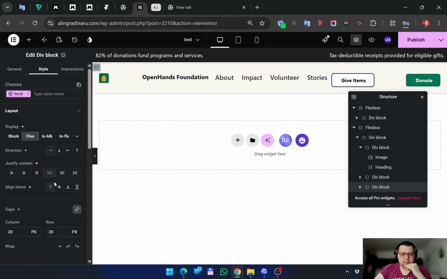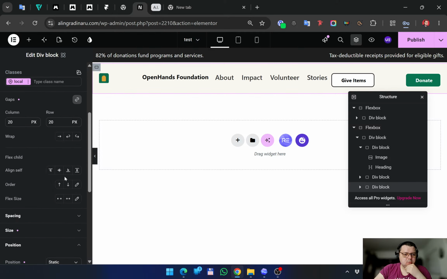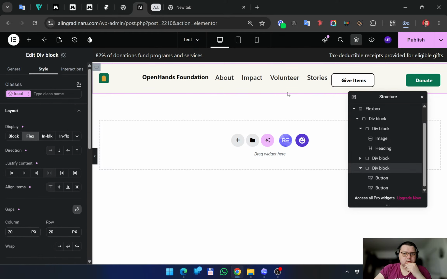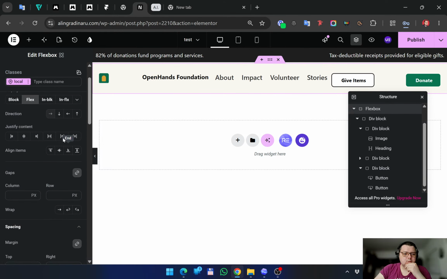Let me try with the buttons to see if I can align them to the ends. Yeah, this is for the buttons. Yeah, so now it's working, but